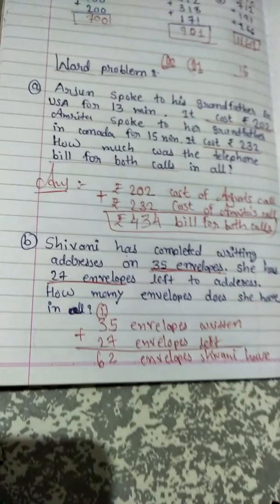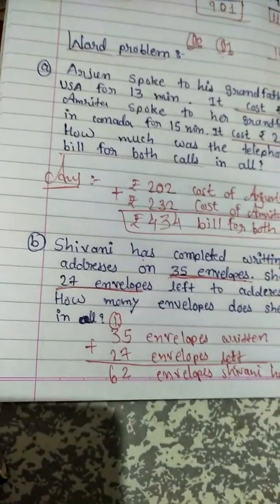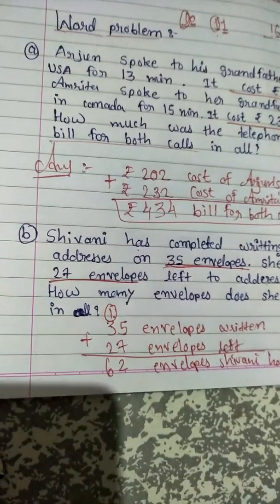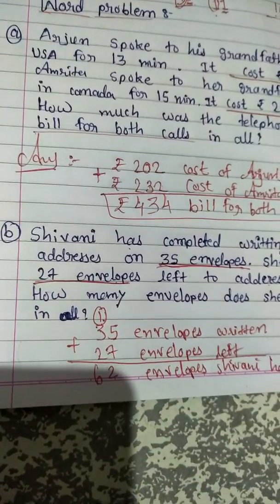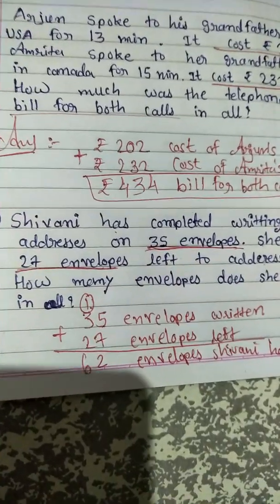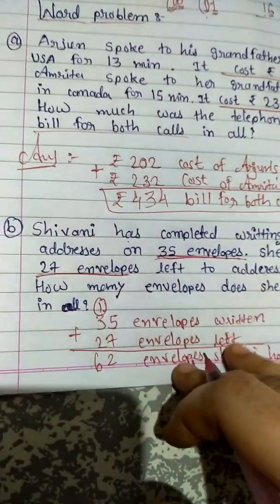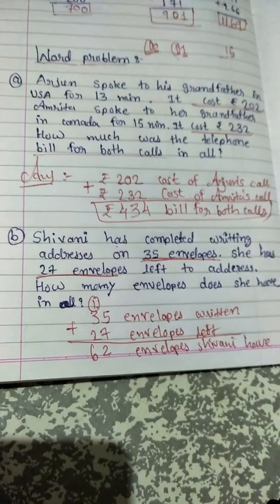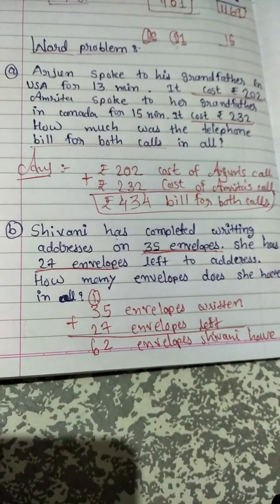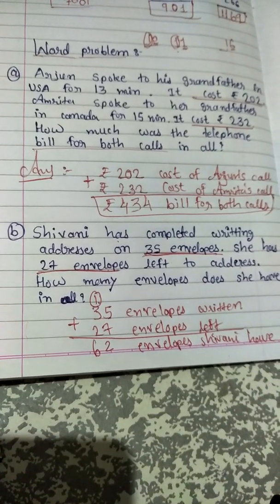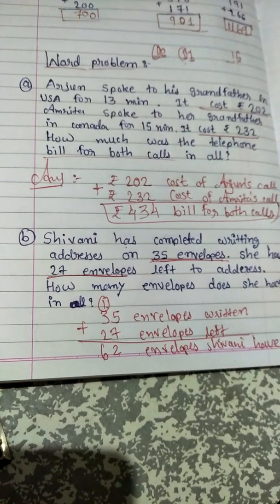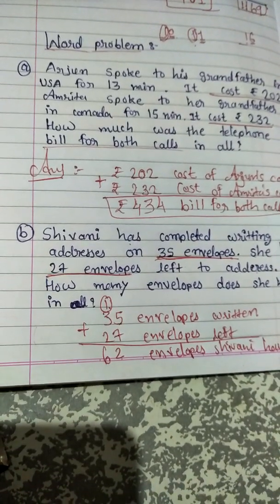I know you understand it very well. It is just an addition type of word problem. Okay, so that's all for this part. In the next part we will solve some confusing word problems, story sums. It is only about addition, but in the next part we are going to solve some different types of word problems. I will send you some important questions related to this topic. Okay, I hope you will solve them. Thank you.